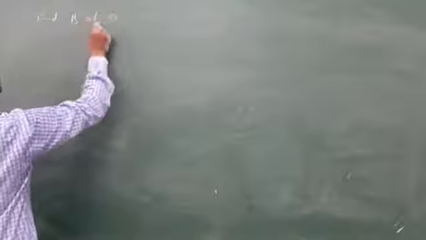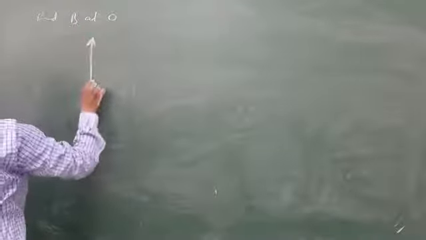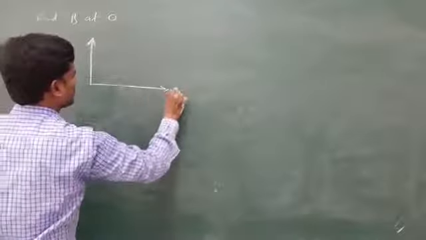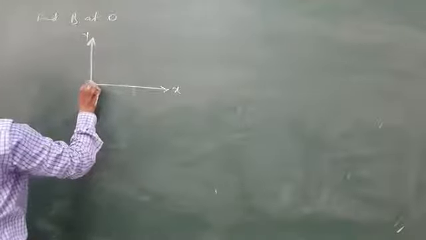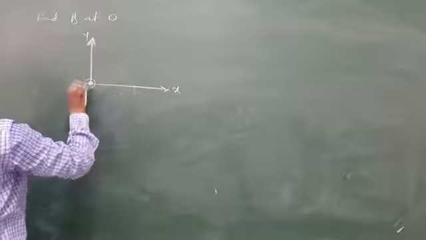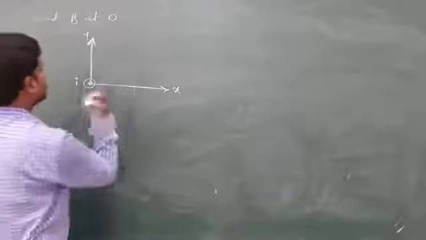Now see the next one. So again the same: find the magnetic field at O as shown in the figure. The given diagram looks like this. Let us suppose this is the x-axis, this is the y-axis, and the current is given like this. This is the current in a long infinite wire. So the current is out of the board.